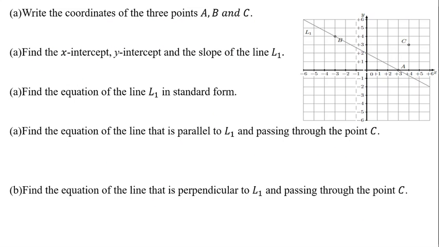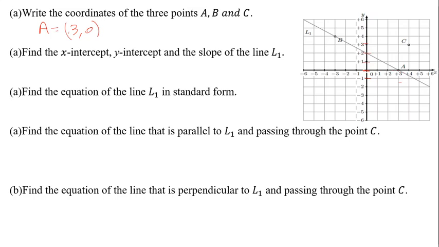Okay, let's look at this problem. Write the coordinates of 3 points A, B, C. When you look at here, what is A? A is automatically X is 3, and Y is what? Y is 0. It's the 0 level here. It's 1 level, 2 level, 3 level, minus 1 level. So it is 0 level on the y-axis, and x-axis it's 3. So you say A is equal to